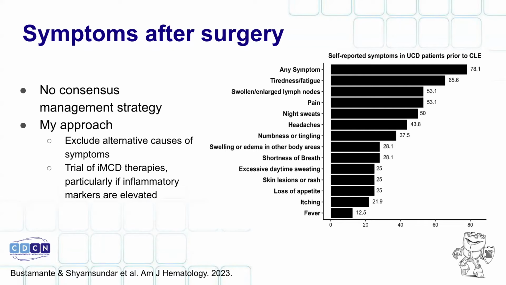Your story is over. You know, goodbye, right? And this was a wonderful thing that we were able to use in leveraging the registry, which was to share everyone's stories of having unicentric Castleman disease, having a complete resection, and not being better, still having symptoms. And this is now a way that we can tell doctors in an organized way that they will listen.